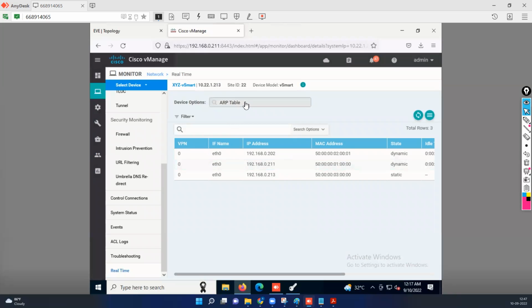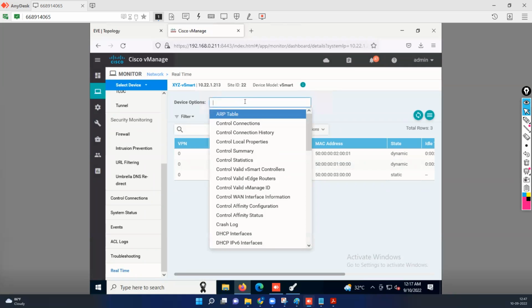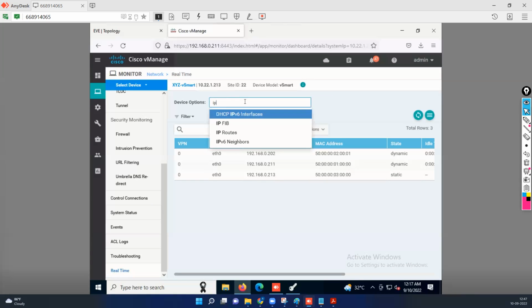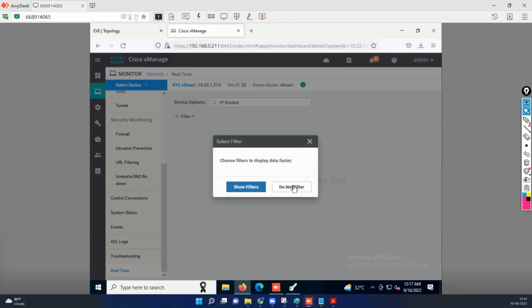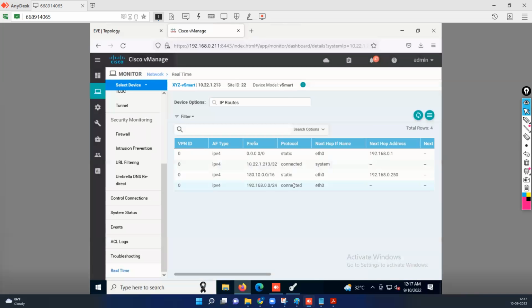Same way, if I want to see basically the routing table, so from here itself I can do the command IP. See, I don't need to even type also. Just I type IP. All the options related to IP will come. I select just IP routes. And now again, whether filter, no filter, I will say no filter. Right now, I don't want to see filter. So when I say no filter, see, it is showing that currently it is having VPN 0. And in VPN 0, see, I configured a default route pointing to my internet router. And then I configured a static route. So you see now,